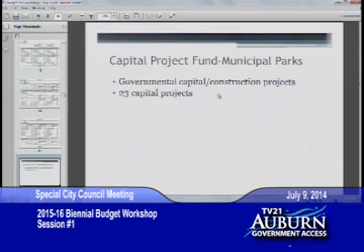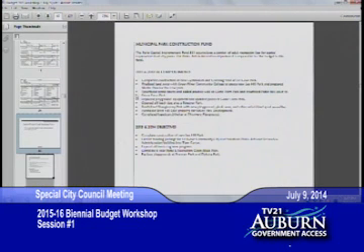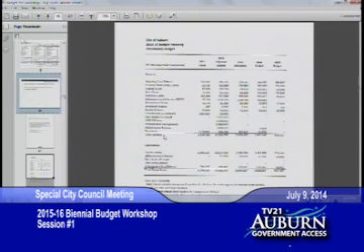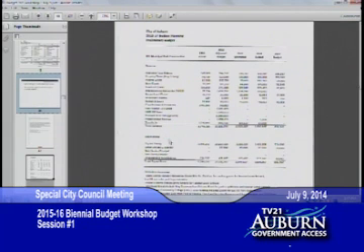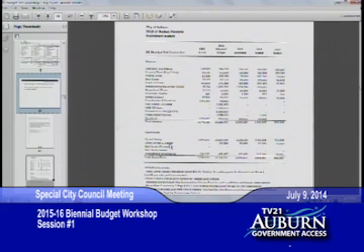Okay, the governmental and capital construction projects, this is municipal parks. This budget covers 23 capital projects in this budget cycle. And again, you're going to see the accomplishments and the objectives for the upcoming budget year. And then you're going to see this sheet that has,